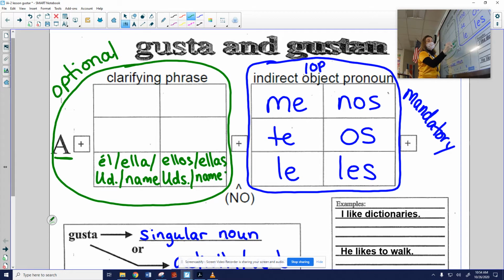More than one. For example, I might say, a Parker y a Braden les gusta. Parker and Braden like. Or I could say, a Maria y a Juan les gusta. They like. Maria and Juan like. ¿Está bien? I know. If for the others, we don't necessarily need a clarifying phrase because me, te, nos, os,